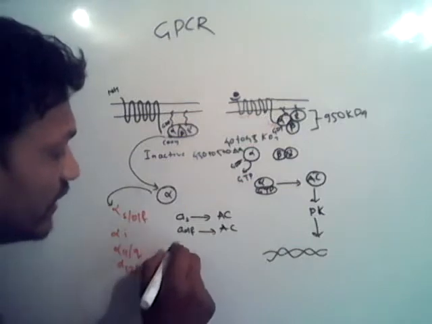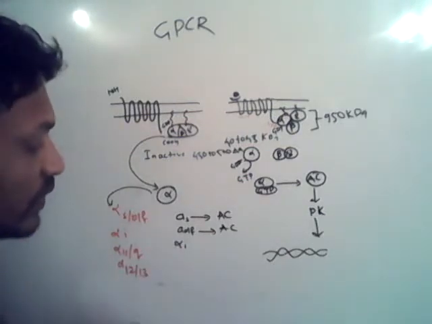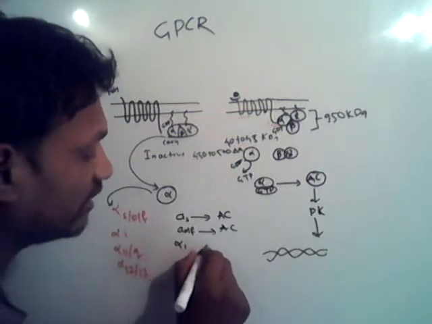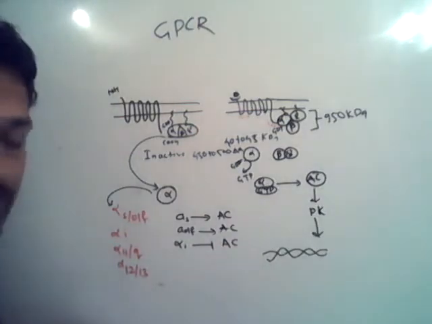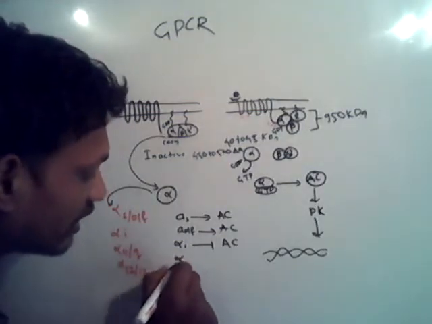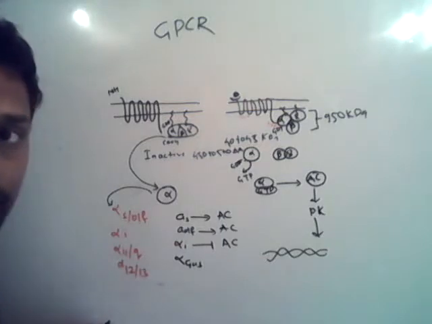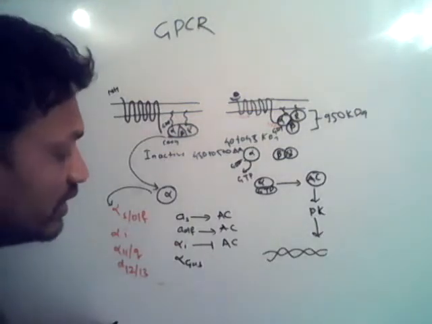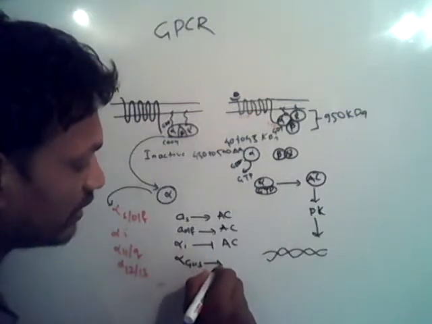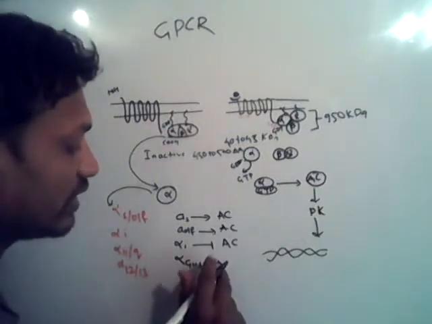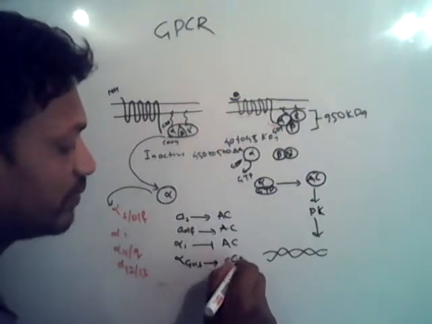Now, if it contains alpha inhibitor, it inhibits adenylyl cyclase. If it contains alpha gustducin, you know, it increases the production, it induces cyclic GMP